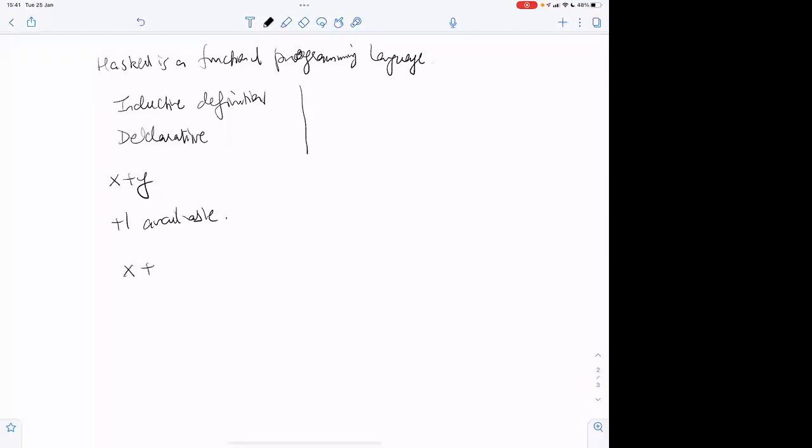You would say x plus 0 is equal to x, and x plus some number which is y plus 1 is what you would get if you take the successor of x plus y. So this is the kind of definition you do in Haskell, correct? Am I correct?